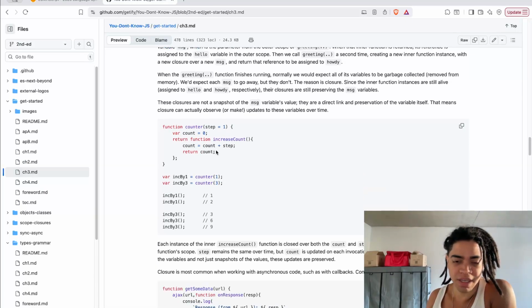So for example, in this case, we are calling this function with the step 1, and we are calling this other function with step 3, and in those cases we are assigning whatever is returned as inc by 1 and inc by 3 respectively. So this returned function increases the counter. It's going to say, hey, I'm going to return this reference,